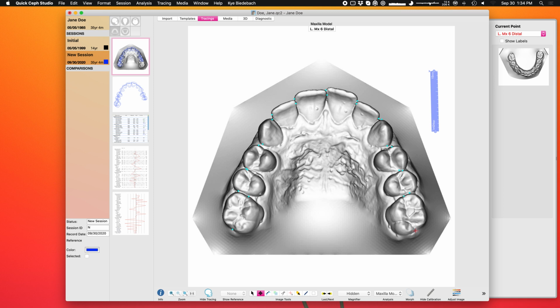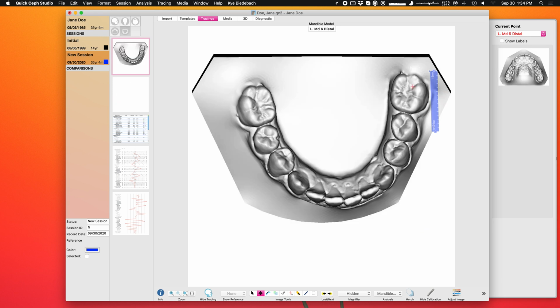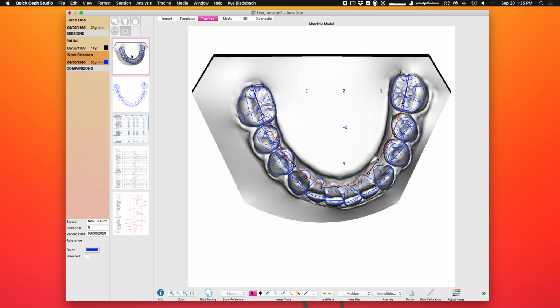And then when I click this last point on the maxilla, it takes me right to the mandible. So now I'm doing the left MD6 distal. So again, it's mirrored. So there's the left MD6 distal, and continue on with the teeth contact points. A little overlap there. And nearly done. And when you're done, just go back to the arrow tool, and there you have your tracings